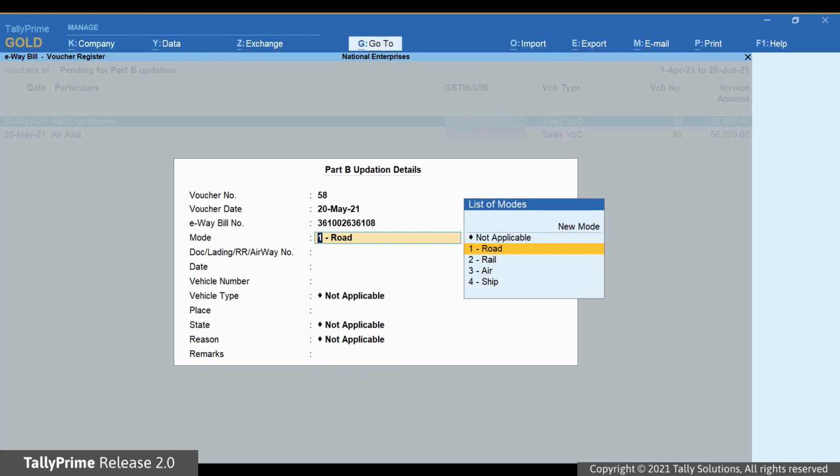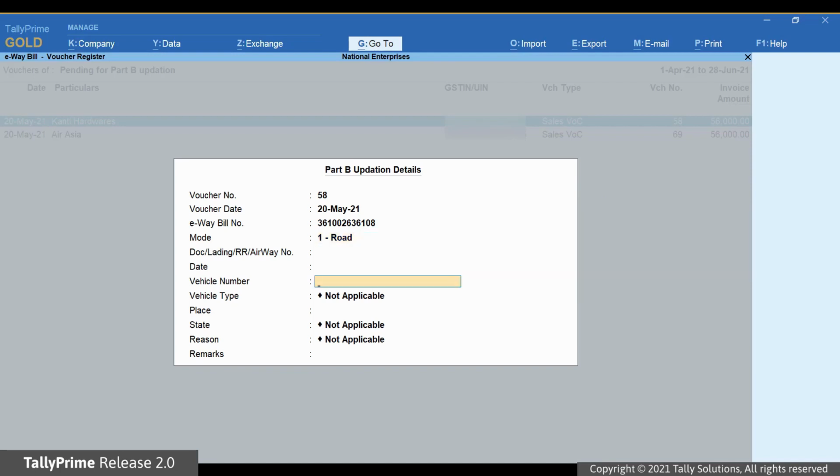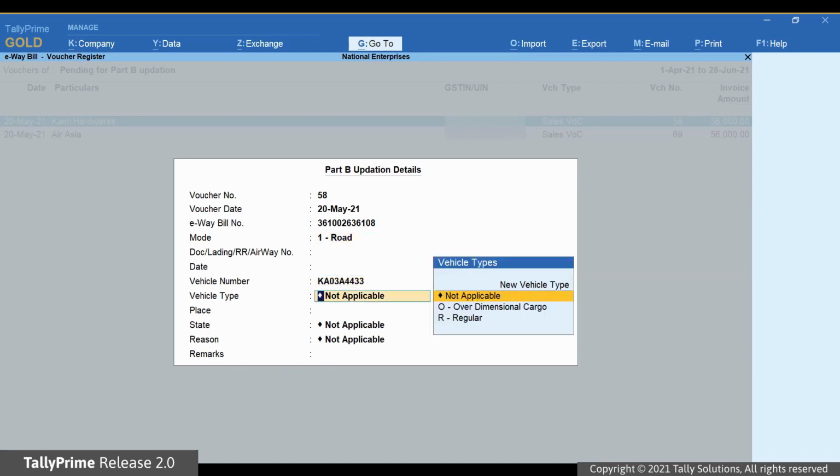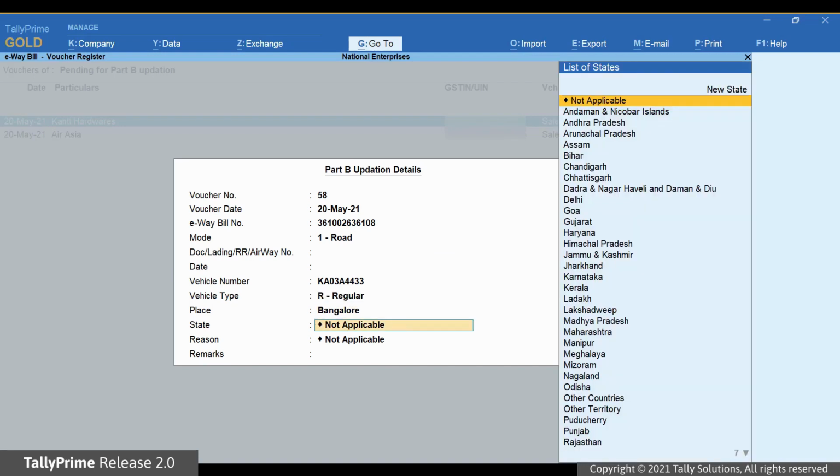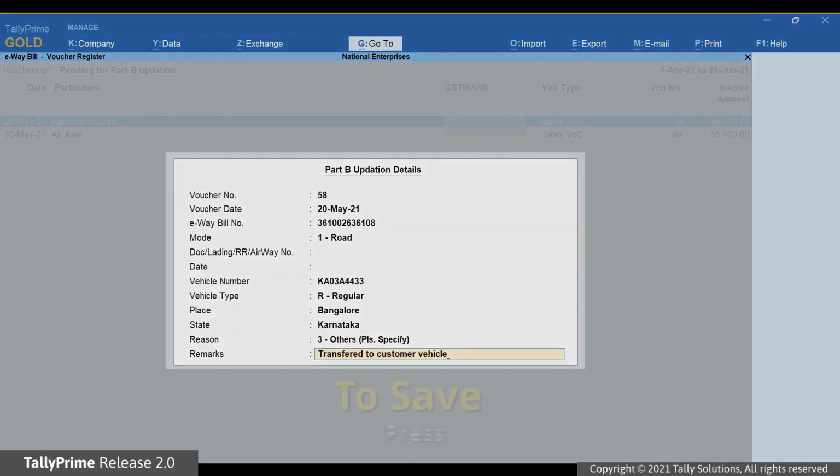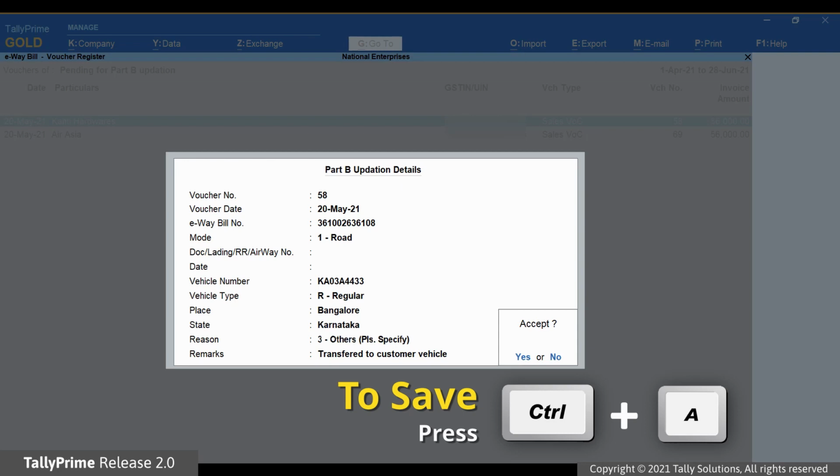The Part B updation details screen appears. Select the mode of transport from the given options. Let's say road. Now enter the vehicle number and also select the vehicle type. Now press Ctrl A to save.